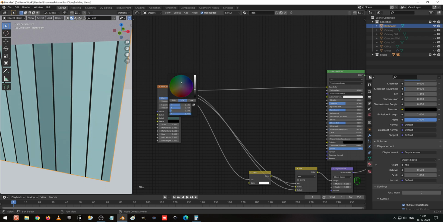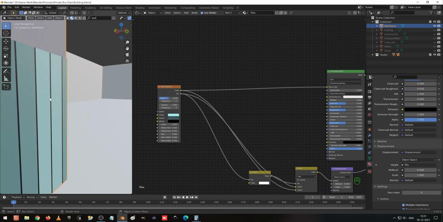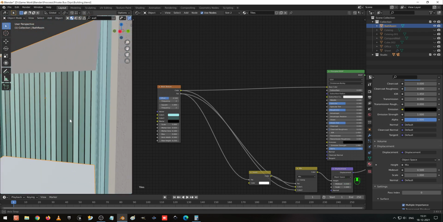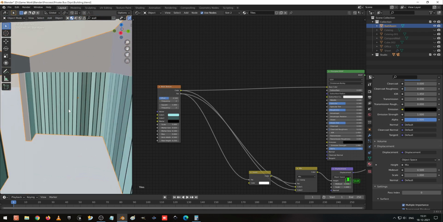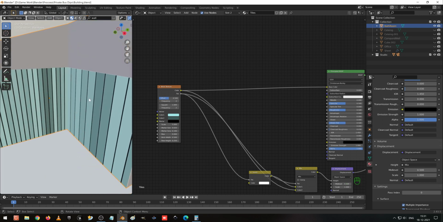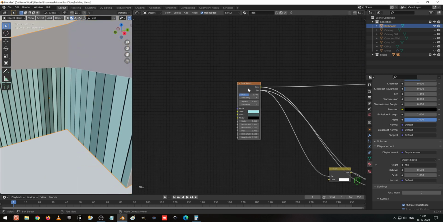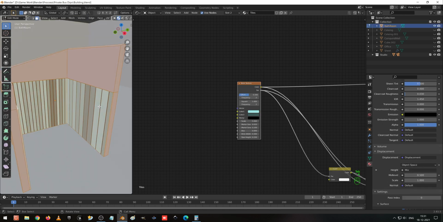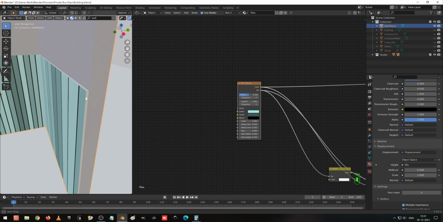Okay, now here you can see the tails, but it doesn't come straight all the way for us. So what we are going to do is we are going to unwrap, we are going to add a mapping texturing node. So for this, first of all, go to edit mode, select everything, U to unwrap with smart UV project. Here make it 0.02 and plus, select OK and press OK. So now unwrap has been done properly because we have extruded now. So unwrap should come perfect.